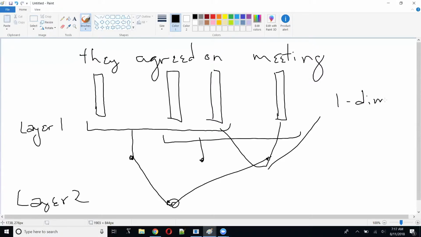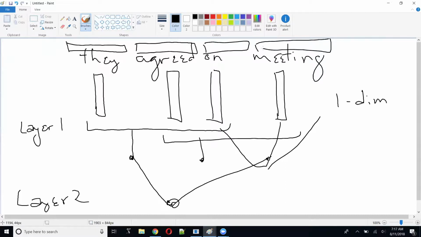But what confused me is that the word embeddings here are another dimension. The reason they call it one-dimensional is they take the embedding and concatenate it. So that's the embedding for they, that's the embedding for agreed, that's the embedding for on, etc. If you concatenate this, then it becomes a one-dimensional convolution, one-dimensional kernel. So for example, this kernel with this neuron here, its convolution is one dimension like that.